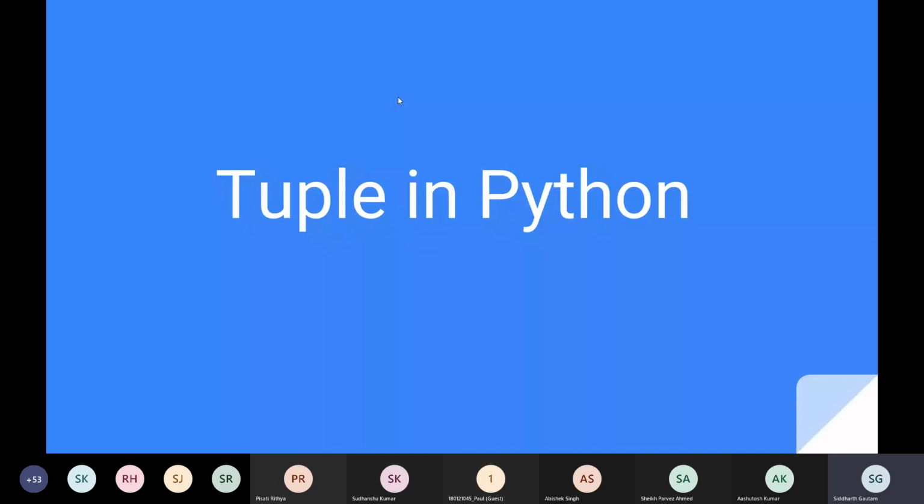Okay, and now we move on to tuple. And we have already studied this multiple times now. I think we have studied this 2 times. And so tuple is very simple. As you all know, yesterday we studied list. And tuple is almost exactly the same as list. The only difference being that you can change and edit the elements of a list while you cannot change the elements in a tuple. That's the difference between these two data types.